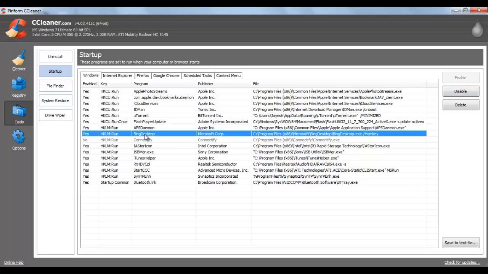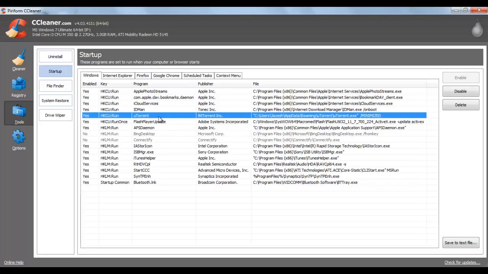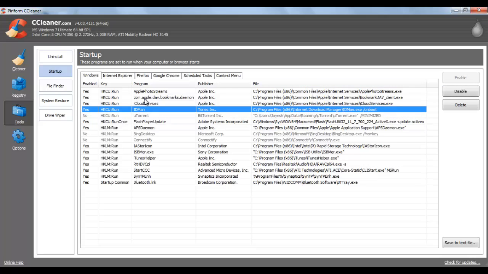Since I am not using Bing Desktop anymore, I would like to disable it. And I don't want my uTorrent to start when Windows starts, so just click on Disable, and that's all for now.